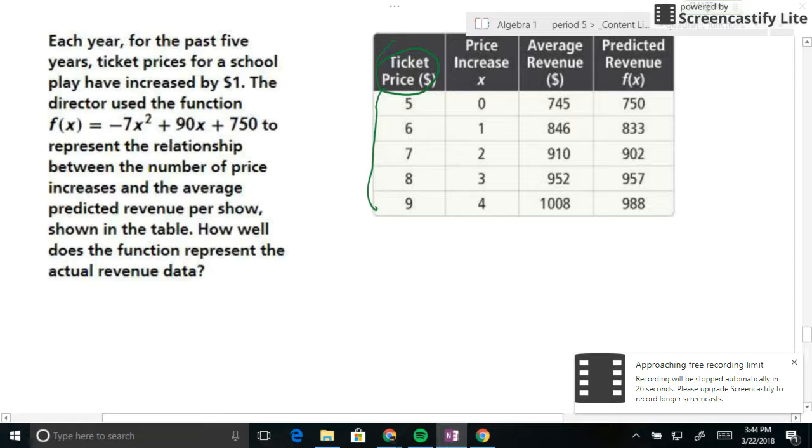How well does this data represent? Well, it gives you the predicted value, it gives you the actual. So here's your actual. Here is your predicted. So all you have to do is subtract. So 745 minus 750 is negative 5. And then we subtract there, and you get 13. And then we keep doing this. And what we're looking for